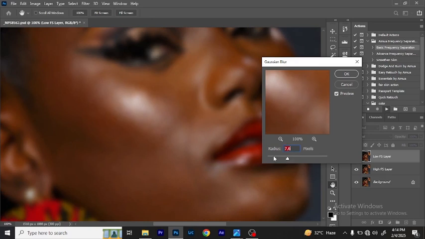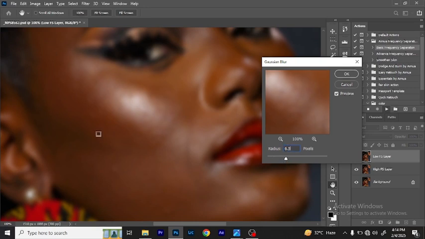6. The moment you can't see those textures again, it means that those textures are going to the high layer, which means you are retaining the textures. I hope you understand. So the look I'm going for in this image is to retain the texture, but not so much. So I'm going to go for like 6. You understand? So let's do 6, 6.5,